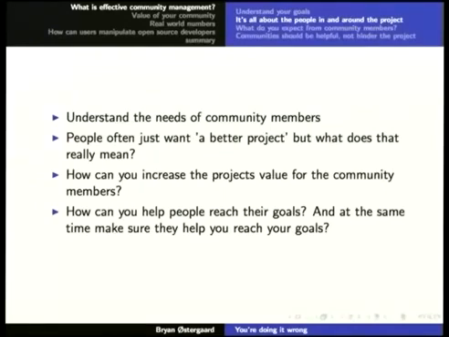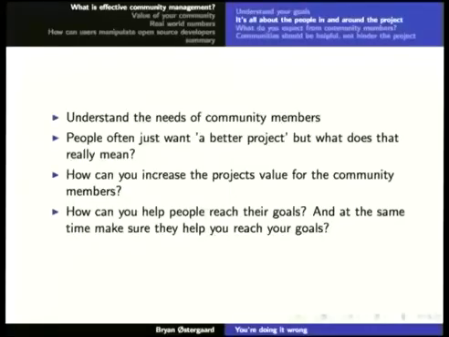And it turns out in many projects, it's really, really easy giving them something worthwhile. But the fun thing is figuring out what it is they want, because many times if you ask new people coming to a project, okay, so what would you like to get from the project? They say, hey, I just want to contribute, or I just want to make it a better project. And nobody actually knows what that means.